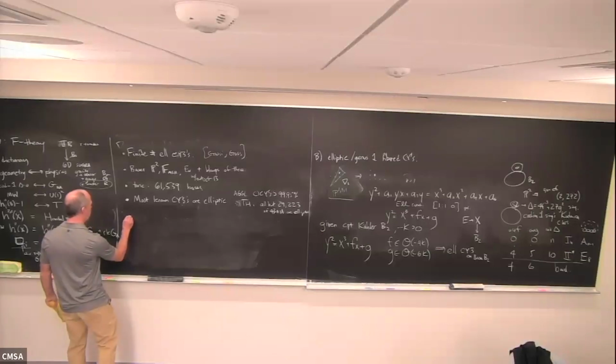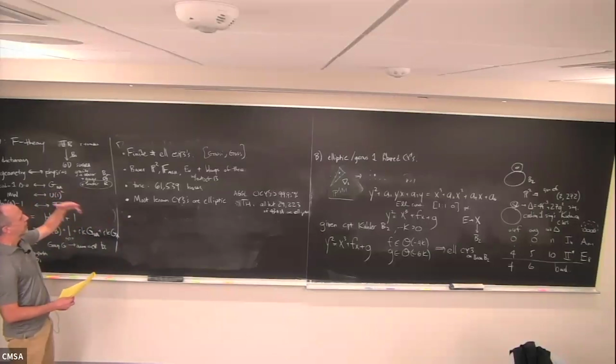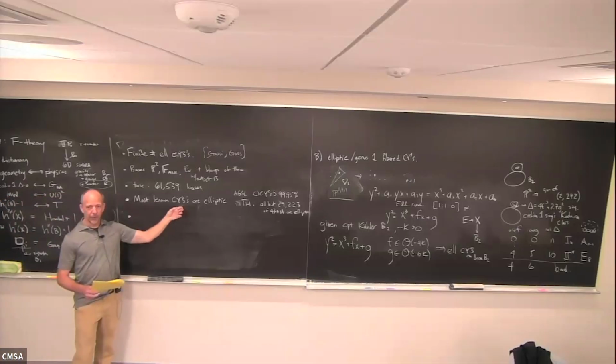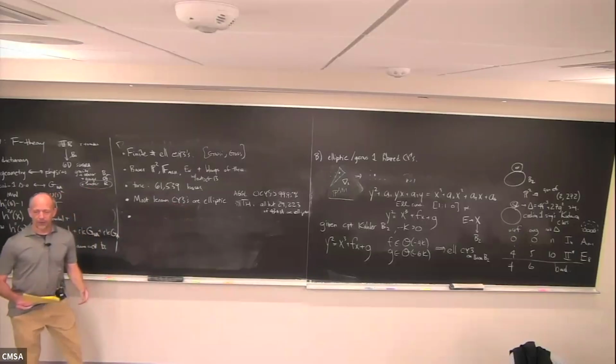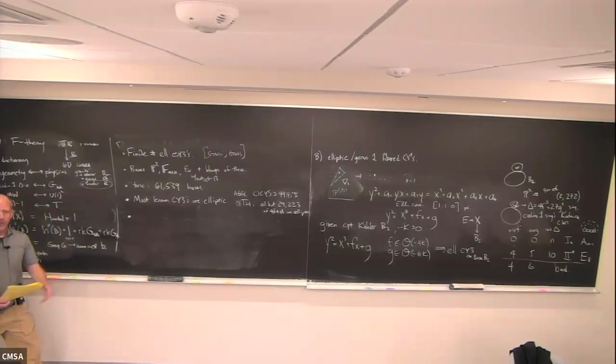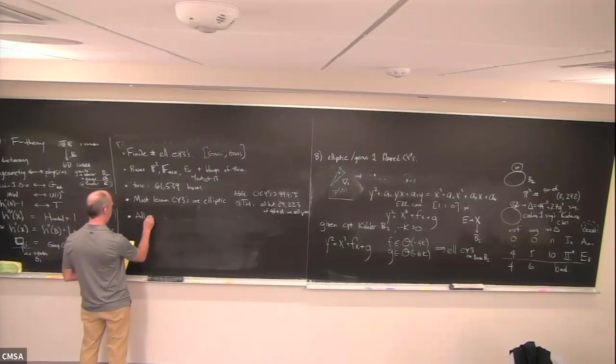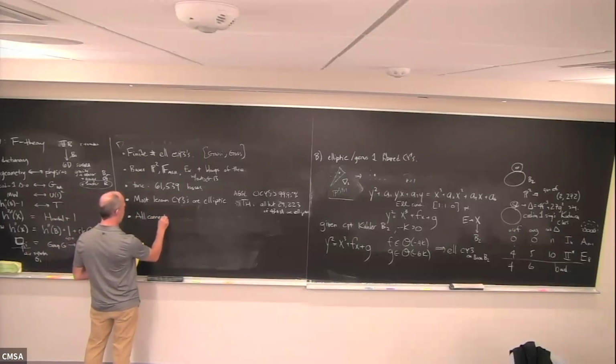I'm addressing some of the questions that I asked at the beginning about the elliptic class. I asked, is there a finite number of Calabi-Yaus? Are they all connected? Well, there's a finite number of elliptic ones, and most Calabi-Yaus seem to be elliptic, which suggests that there should be a finite number of Calabi-Yaus. Furthermore, these are all connected. And it's pretty easy to see how they're all connected.